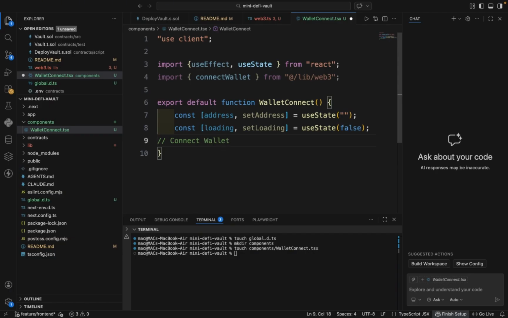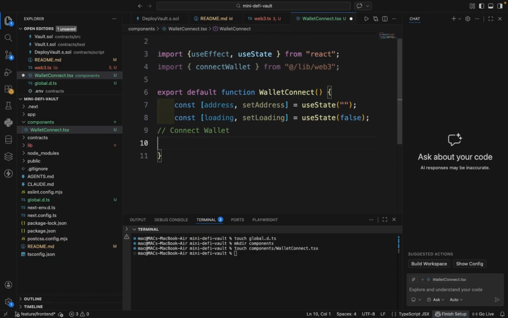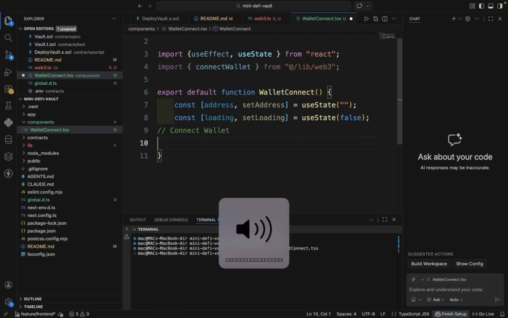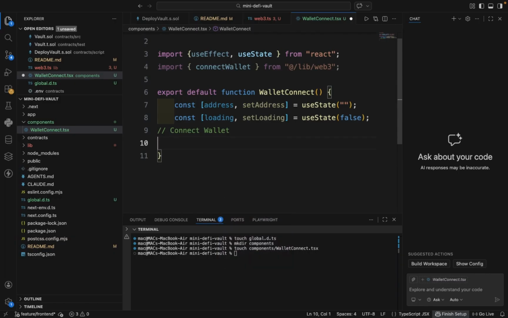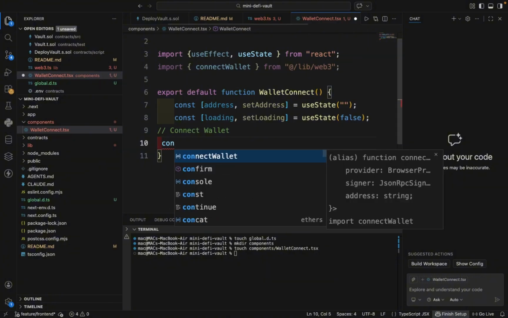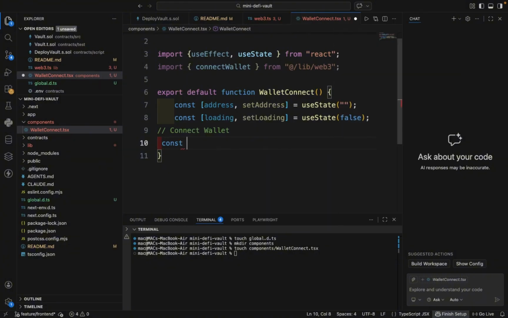You can see the inline comment. It's not part of the code. That's why it's appearing different in color. Now, function to connect wallet. Constant handleConnect